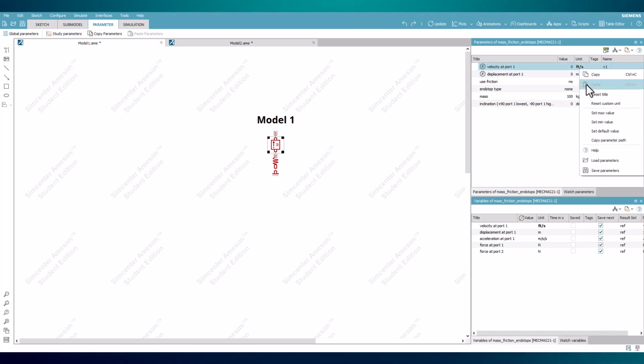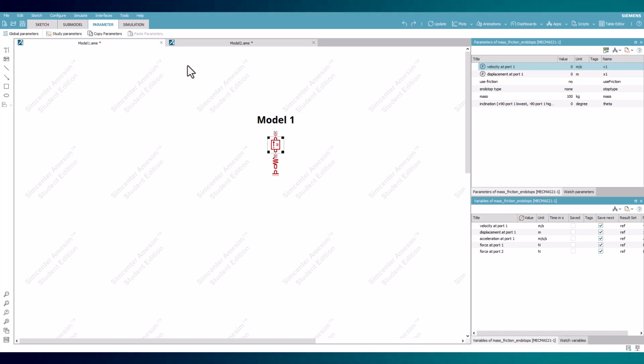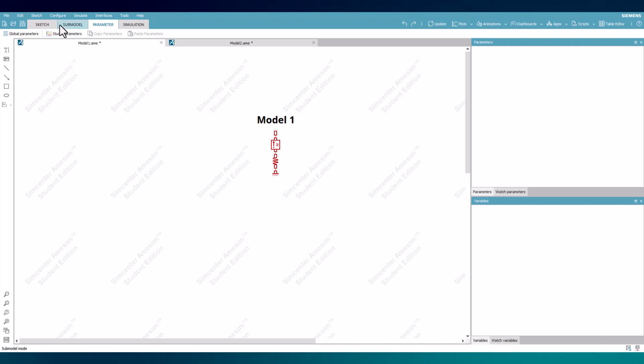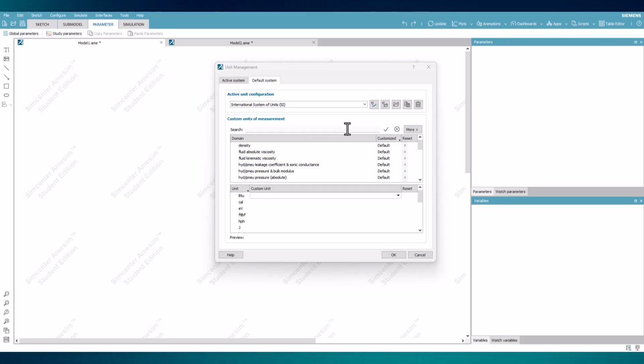If you wish to change the units on a global level, this is possible with the Unit Management tool. To access it, go to the Configure drop-down menu at the top and select Unit Management. Units within AimSim are stored within AimSim-specific unit files, with this feature allowing the user to edit these files as needed.